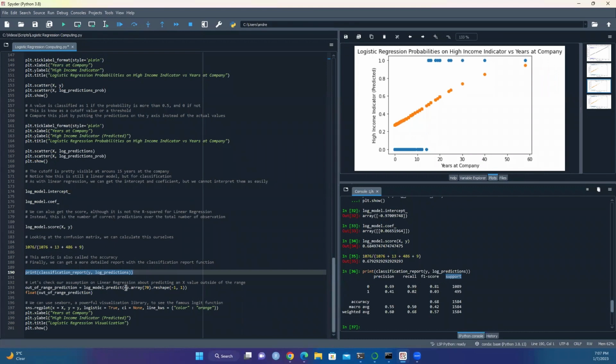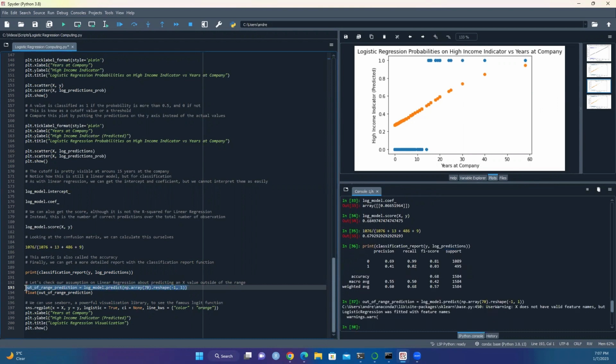In this case, we're going to take one more observation called 70. This is somebody who has spent 70 years at the company. I do not know how they would do that, but it may happen. And that's out of the original scope of the data. This reshape is needed in order for sklearn to be able to do it. We will get this,